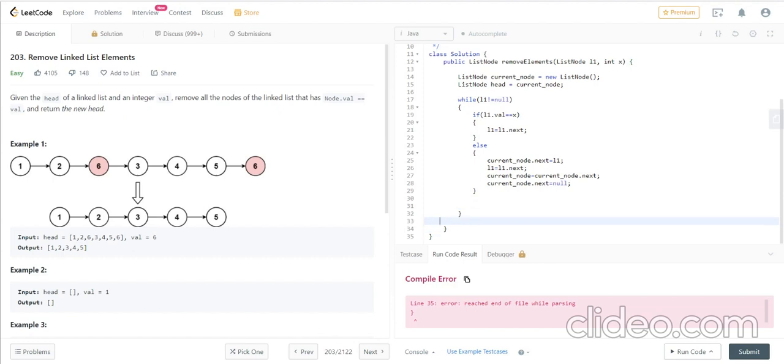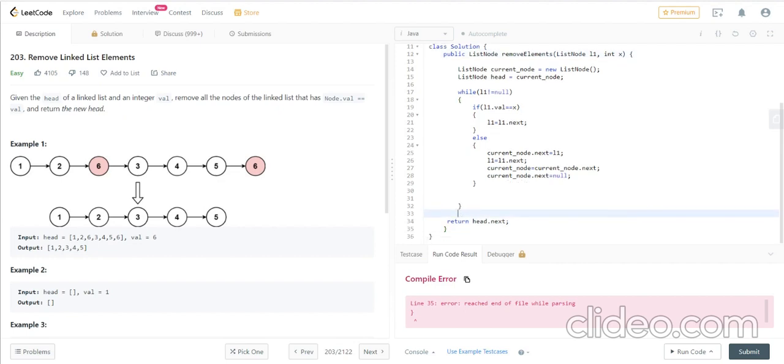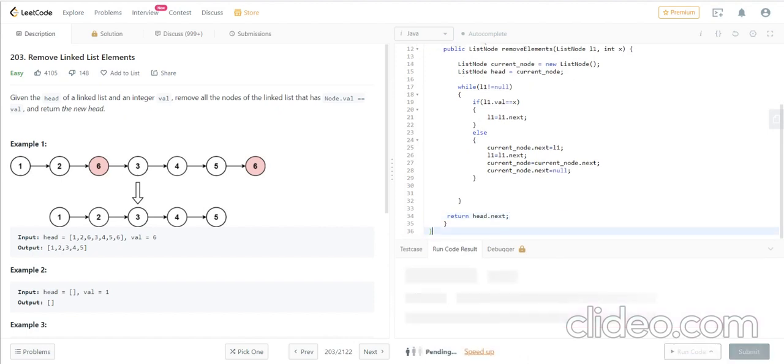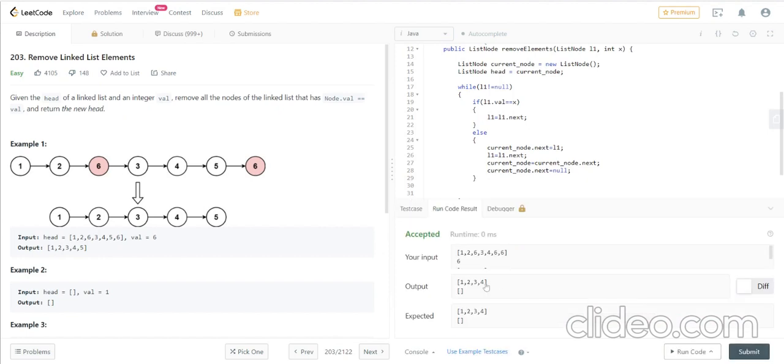We are not supposed to do that, actually. So we need to put the return statement here, outside the loop, and the return statement is in the right position now. It should be in running condition now. Let's see. So it is accepted.